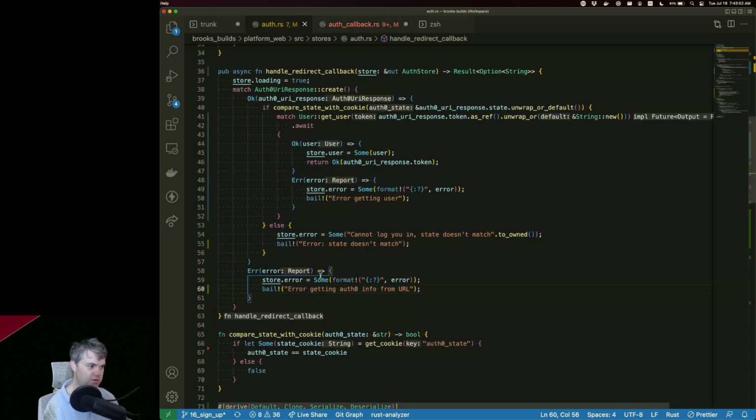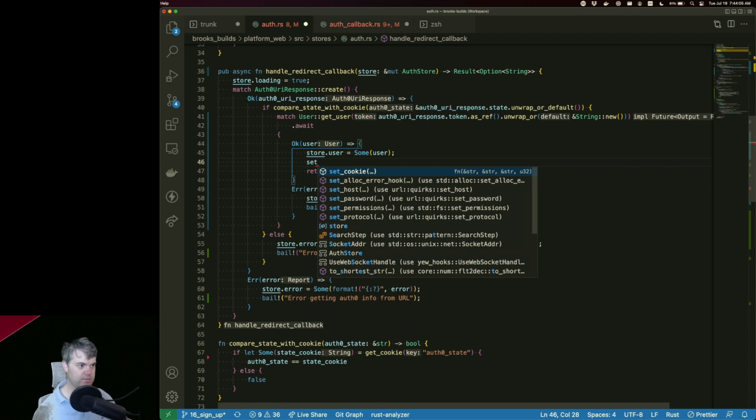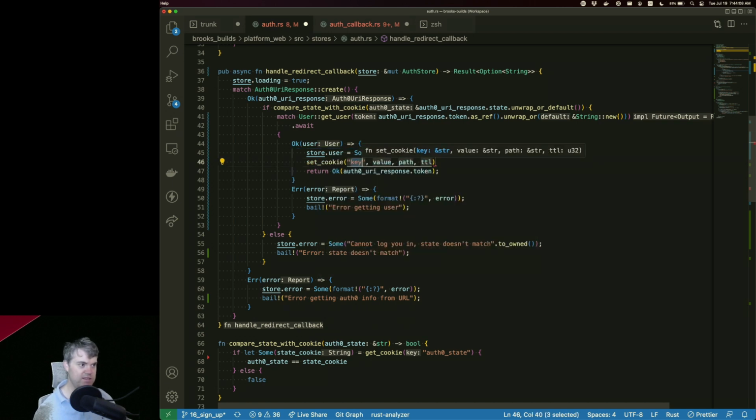So I think here we're gonna go back to having a cookie inside of here. Okay, so if it's okay, I want to set a cookie here too. So key is auth0 token, value is... I could put the token inside the user, but I think it actually makes sense to do it out here.